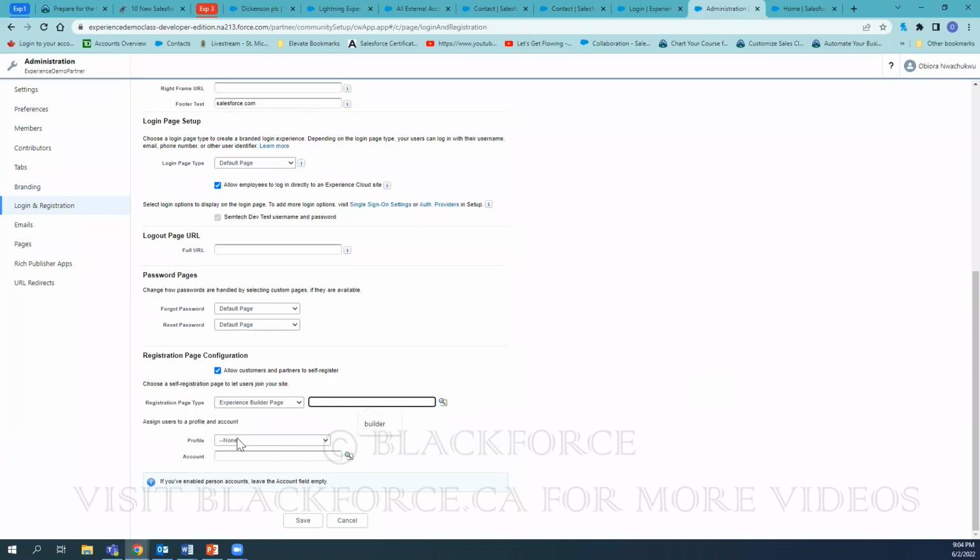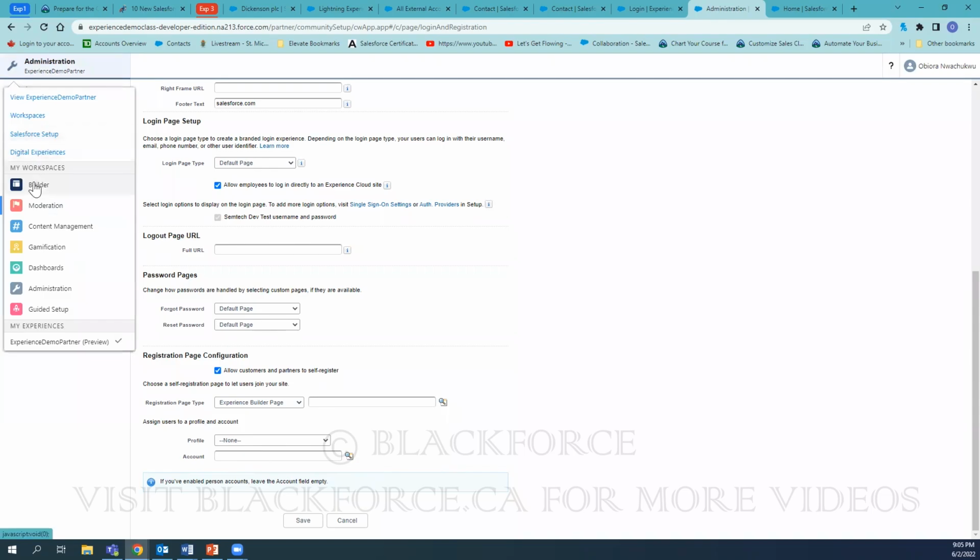You must select a profile. If you want people to register, they must belong to a profile. So what profile is it? And that profile must be added to the community. See, these are all the profiles that are added to the community. Finally, they must belong to an account. Don't forget that is part of the condition. A user in our community must belong to an account and a profile. So you create the account, and whenever someone registers themselves, the person will find himself in a particular account and profile. So if I quickly go to the builder,